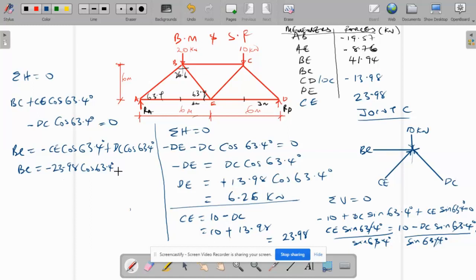Then for DC we have minus 13, so it's going to be minus 13.98 cos 63.4 degrees. So our BC will be equal to, when we multiply 23.98 by cos 63.4, minus